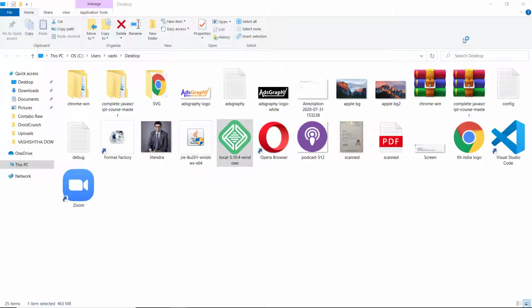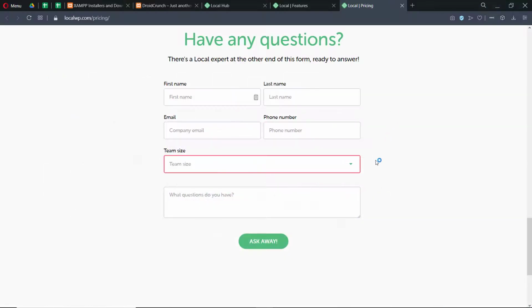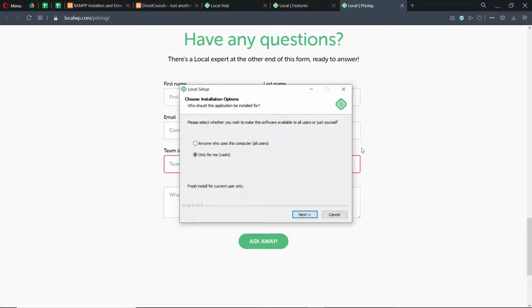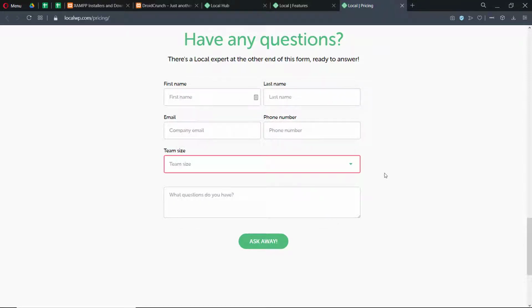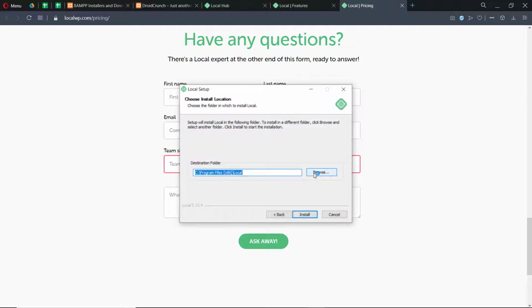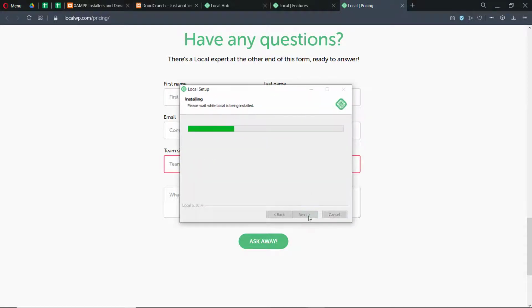and here it is. And here it is going to install to my PC.